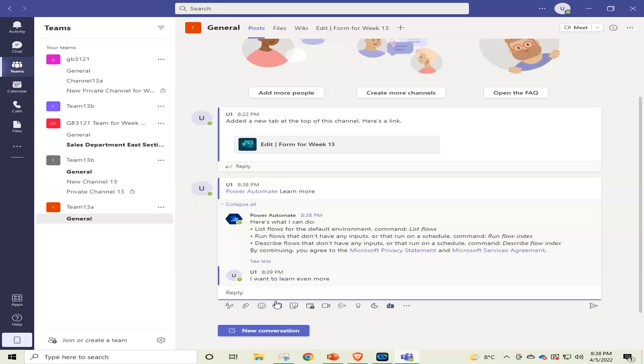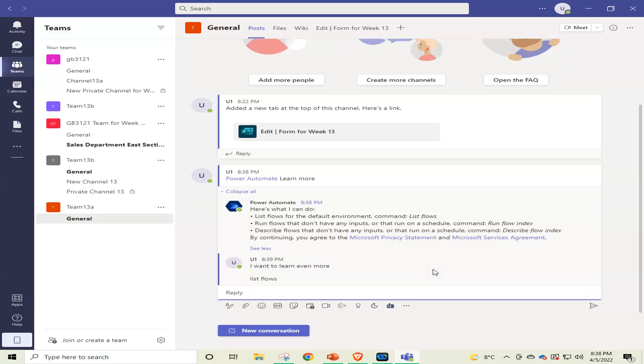Okay. So list flows. Let me just write whatever the bot had said, what he can do. He can list flows. Okay, list flows. Probably these are my flows that are already there, or their flows.